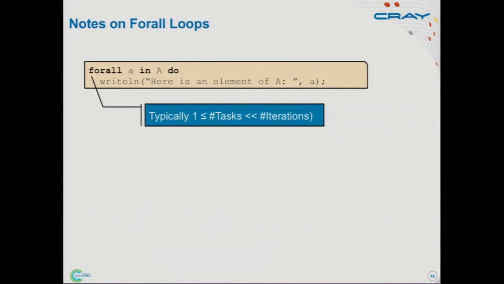The language doesn't specify, but you as a programmer can go in and specify how many tasks to use. But typically by default, if you don't go to any effort, the number of tasks is going to be proportional to the amount of hardware parallelism that you have. So for example, if you were running this code on my 4-core Mac, then I would get 4 tasks that are dividing up that index space. If I were running it across the whole cluster, it would be however many cores were in the whole cluster, or in the locales that I owned of that cluster.